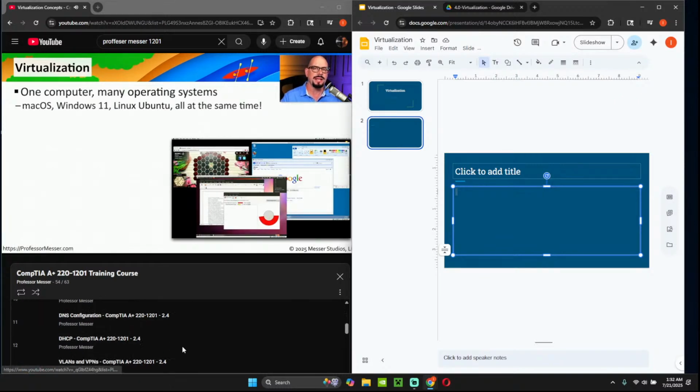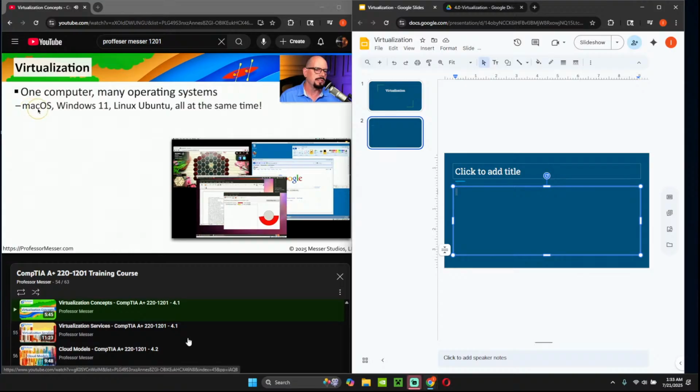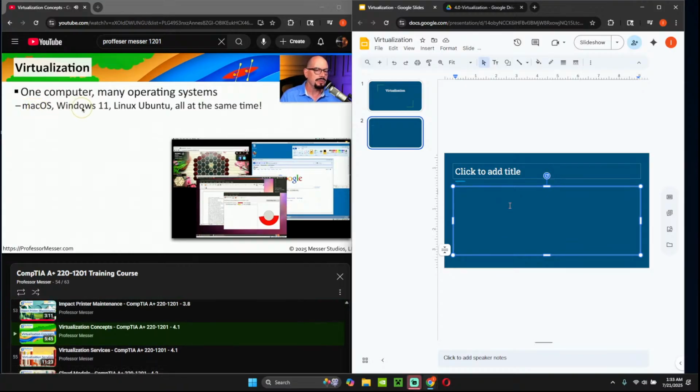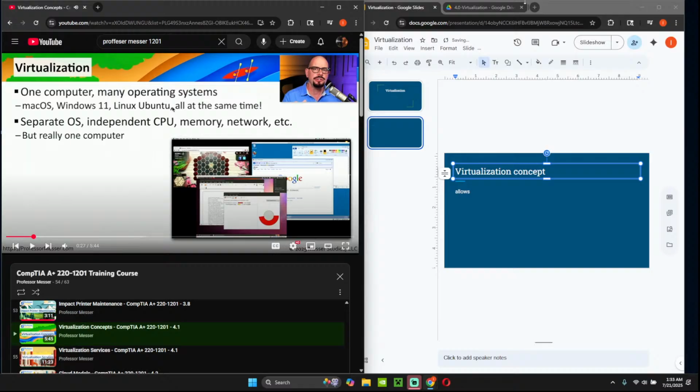Operating systems on that same computer. For example, you might have a computer like I do that runs Mac OS, and you can run Windows 11 and Linux all at the same time on that same system. This means that you have a separate operating system, a separate CPU, dedicated memory, and a separate network connection for each of